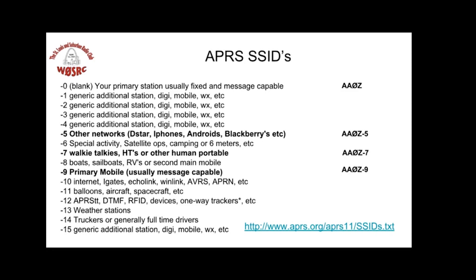Primary mobile, I showed you some of those examples. My mobile is -9, and then if you've got a home station, -0, I just put that as AA0Z. Those are your most used SSIDs, but you can use any one of them, and you can go crazy and use -5 for your mobile. No, the APRS police aren't going to pull you over. Yeah, we might make fun of you, but